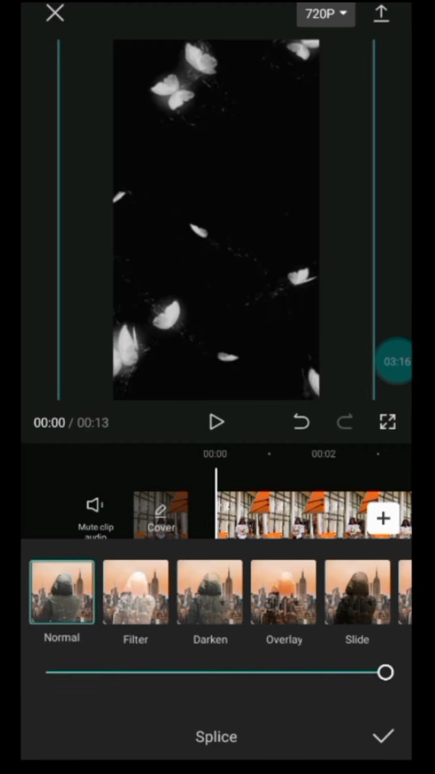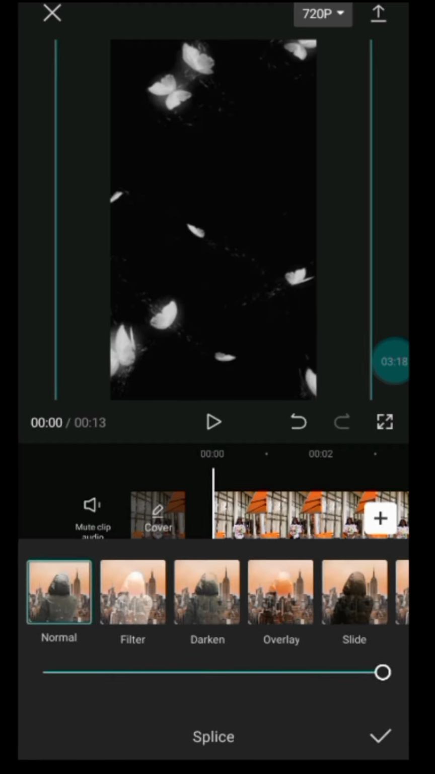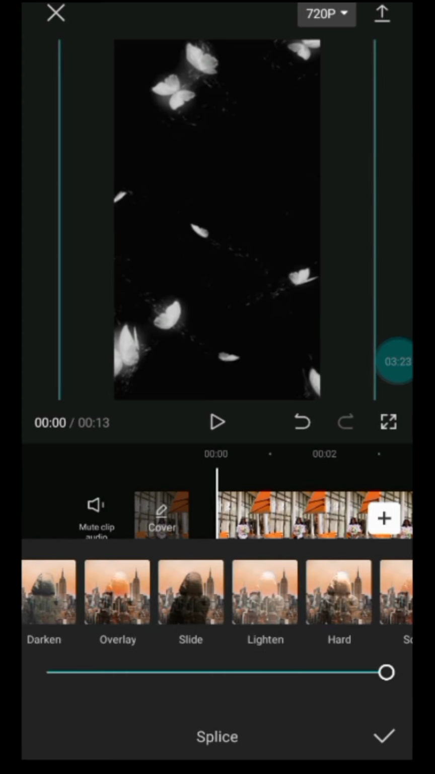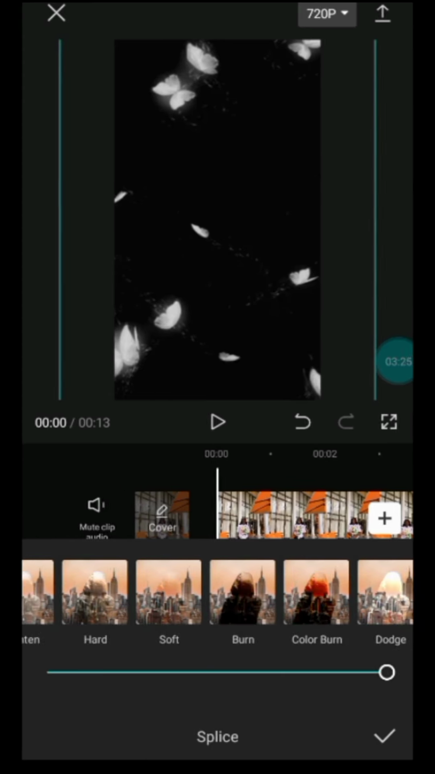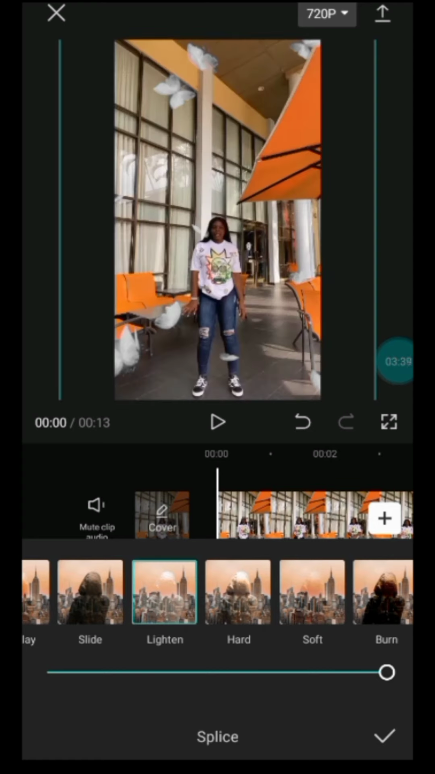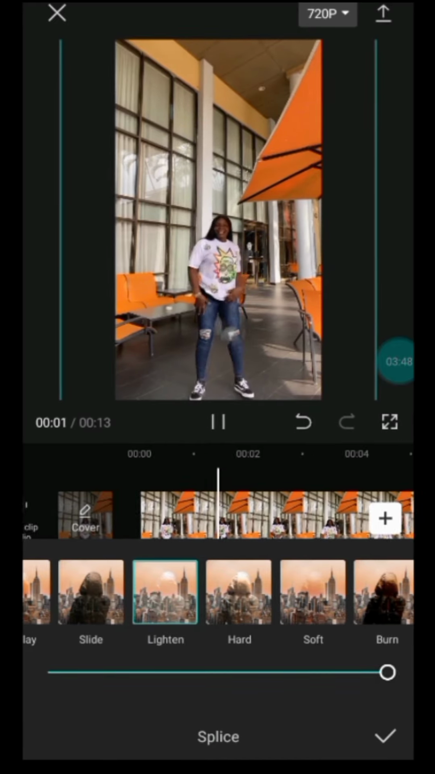Now once you click on it, you have different options. You have filter, darken, overlay, slide, lighten, hard, soft blend, color blend, and the rest of it. So you can choose any of these depending on the kind of video you're working on. So for this video, I'll be picking lighten. If I click on lighten, you've seen the dark background is gone, and what is left is the butterfly. Then if you play this video, you see that